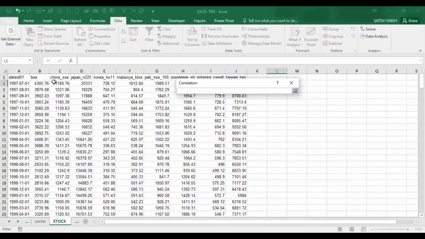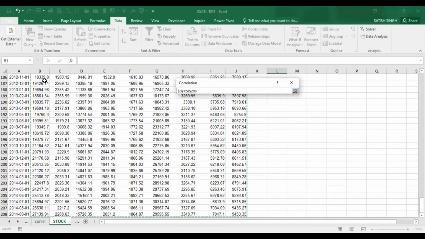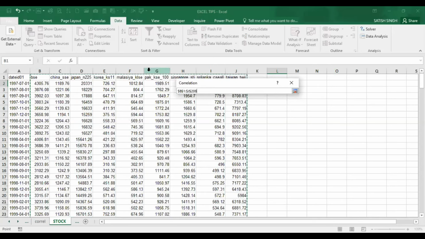To select the data, let's take the values of the Bombay Stock Exchange and other stock exchanges. I use Shift, Control, right arrow key and then down arrow key. It has selected all the data, then Control Backspace takes me to the top line.